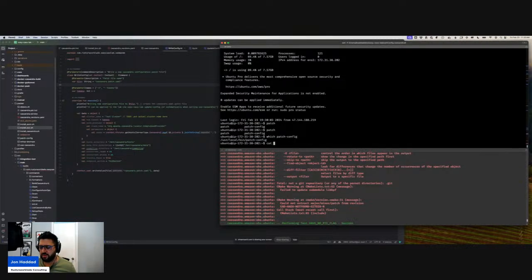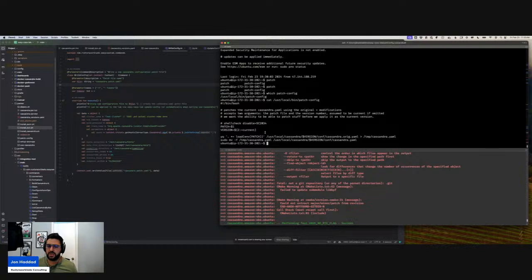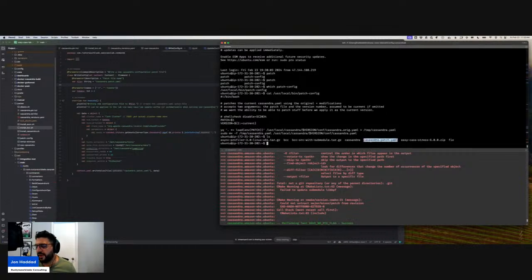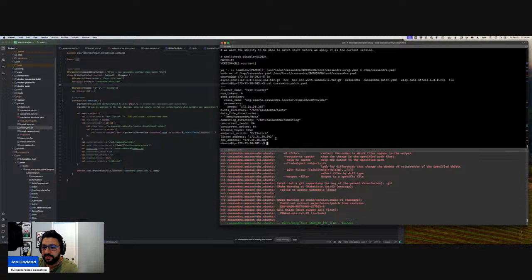Okay. All right, so what this does is it takes this YAML file. This was actually uploaded as part of the use Cassandra. So when you call use Cassandra 3.0, what it does is it uploads this patch. And this patch is actually pretty simple. It sets up the data directories, it sets up the seeds, sets up all the stuff that you care about. And you can actually go in and add any YAML that's valid for Cassandra that you want in here. And what it's supposed to do is, if we look at user local Cassandra,